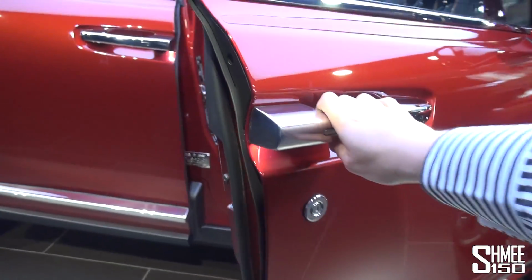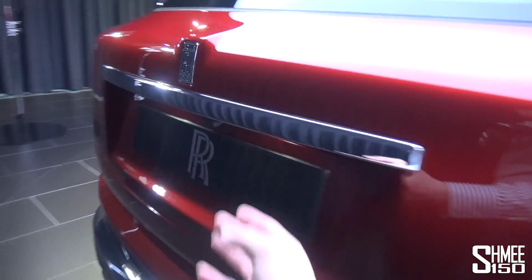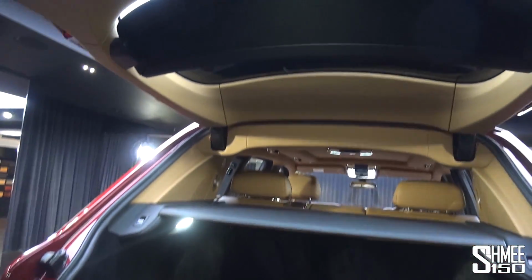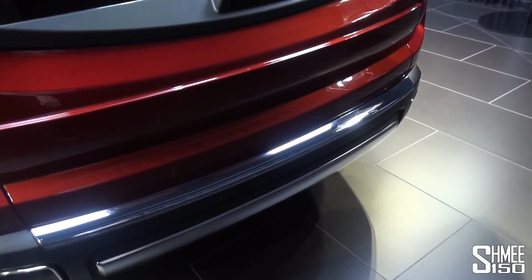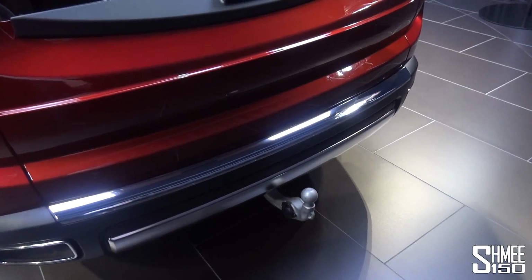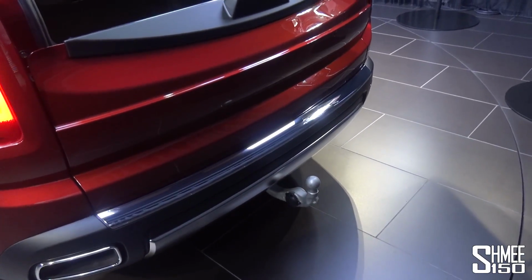There's one other thing at the boot actually that I didn't yet show you. We just come round back here and open it up again. Press of the button there will only open the upper section, but I want to show you this button here, which is the electronic towing eye tow hook at the back. Obviously, the car might well be used to pull horses, to pull a boat on a trailer, to pull a race car on a trailer. It has a built-in towing hook right there,